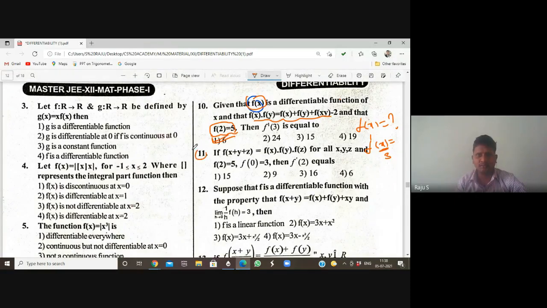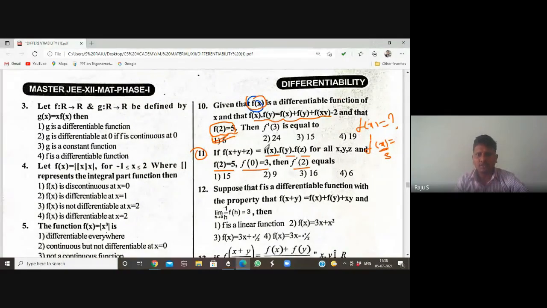Right, next question. It is also the same form: f of x plus y plus z is equal to f of x, f of y, f of z. Then f of 2 they gave as 5, f of 0 they gave as 3. Then we need to find f dash of 2. Again here also we need to find,